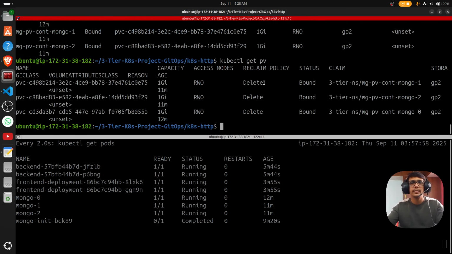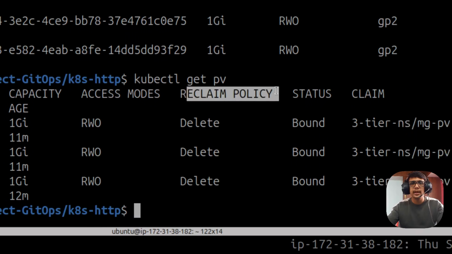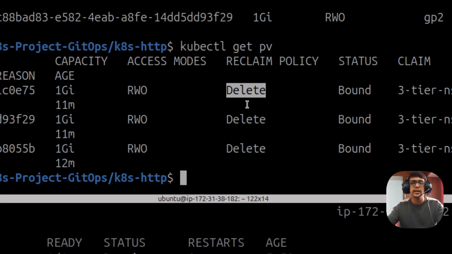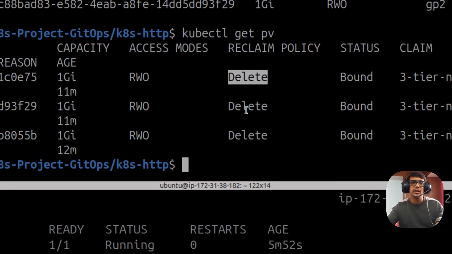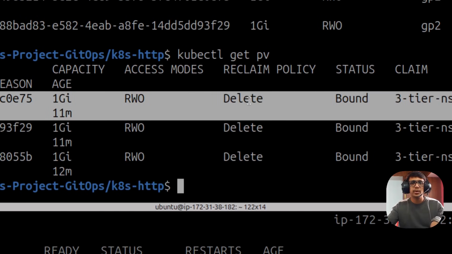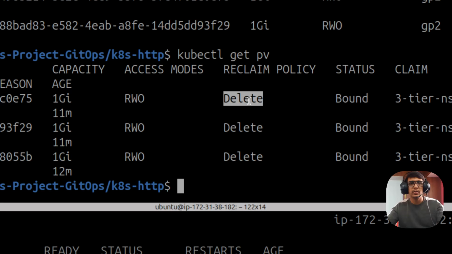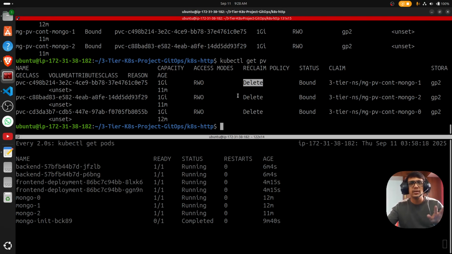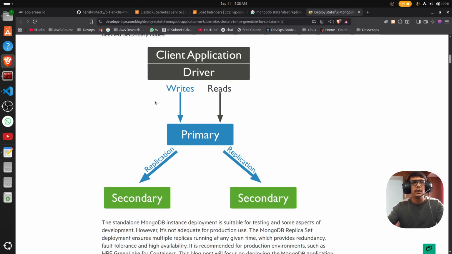PV. See, in the reclaim policy I have set delete. When your pod is deleted, it is going to delete this hard disk. This reclaim policy should be retain or recycle. Okay, you have to keep that in mind. For the project purpose I gave delete. When the pod is deleted, it is going to delete your data, but the data exists in the different pod. And let's move on to the